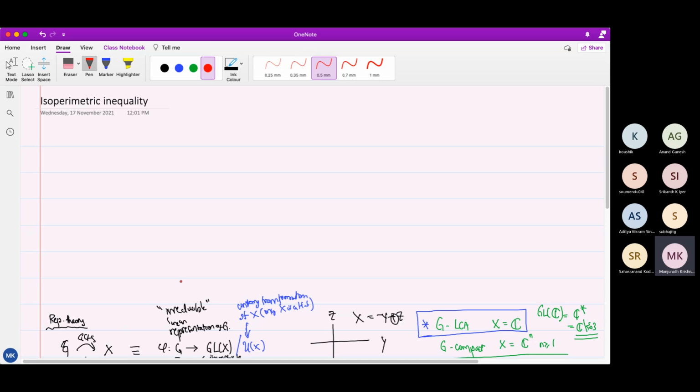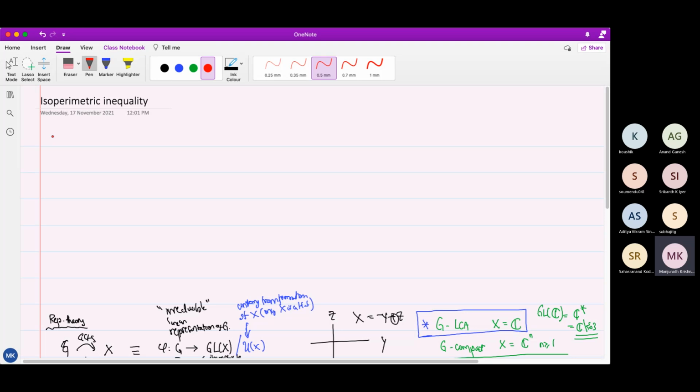When I teach this course, topics in analysis, I often teach this isoperimetric inequality from a much more general point of view. I don't particularly care for the one that I am doing now, which is nice, but it is somewhat limited. But the reason is that when we go to graphs, it is actually not irrelevant. This is kind of relevant to what we are going to do. So that's why I want to say this.